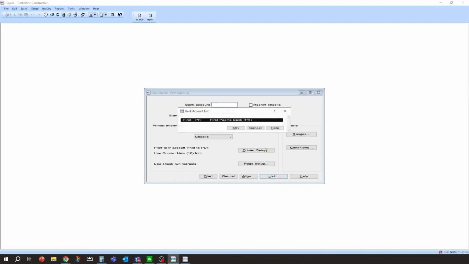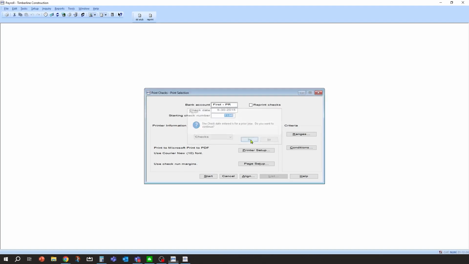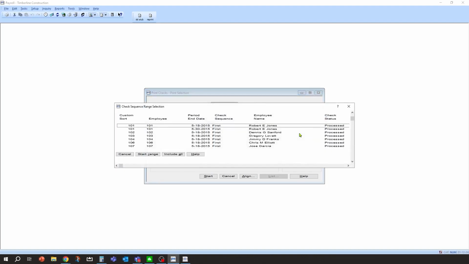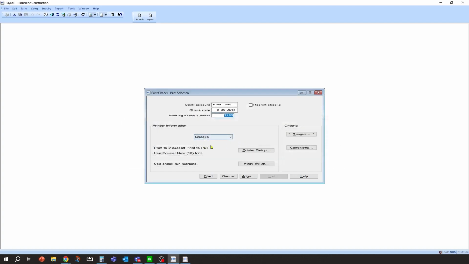through the system. And I'm going to use 5/30/15. And I'm just going to range that one check to make sure that, oh, there he is, 530. So let's go ahead and we'll print the checks out to a PDF. I'll hit start.